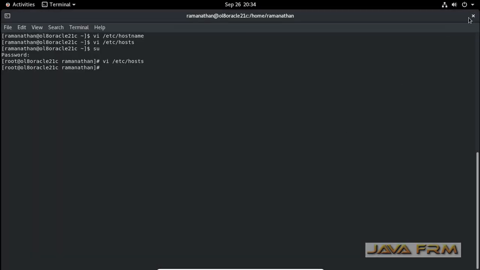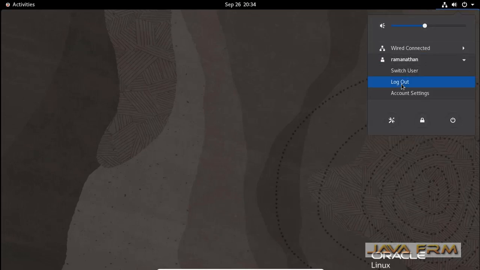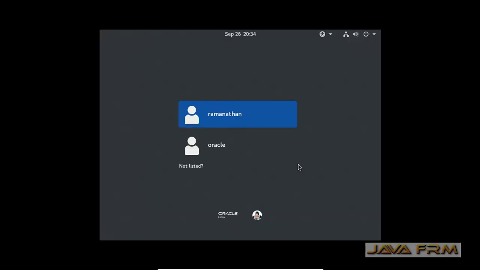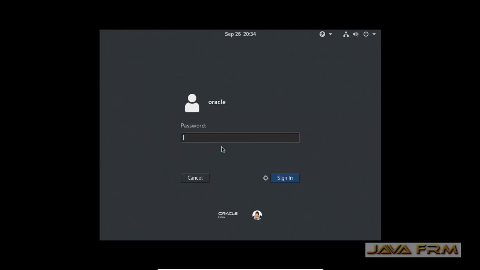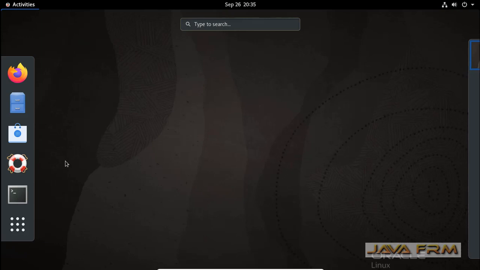The current user is not going to manage this database and does not have any permission. Only the oracle user is going to manage the database. So I am logging off the current user and logging in as the oracle user now. You can see that the oracle user is listed, so I am logging in as the oracle user.